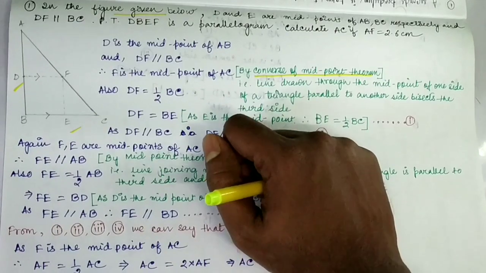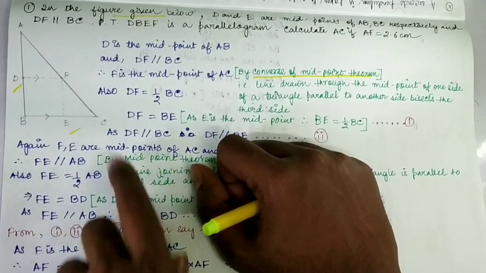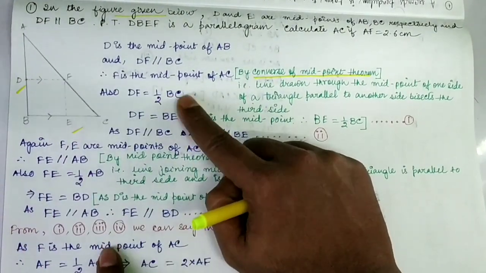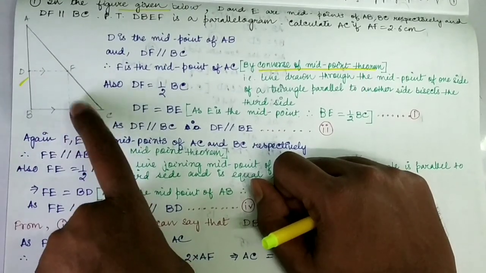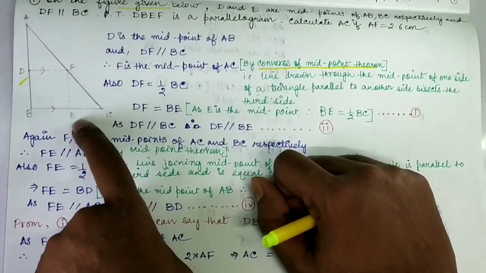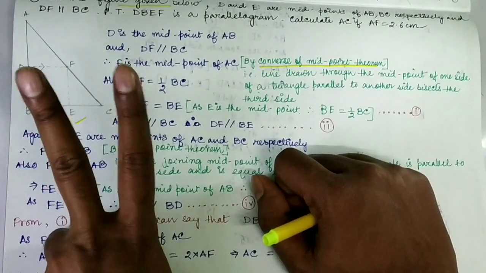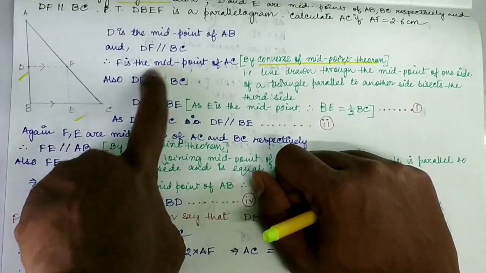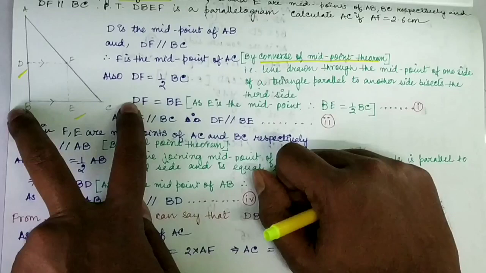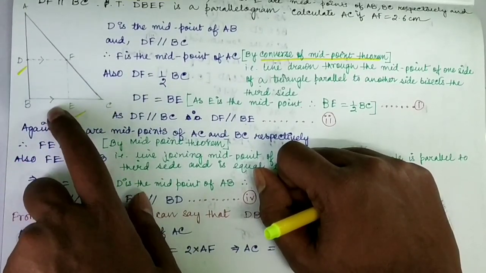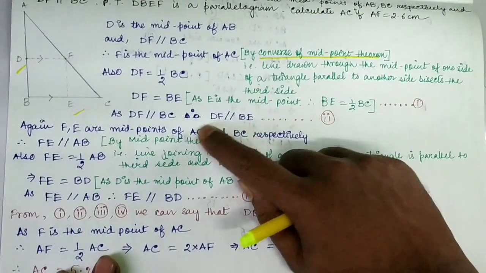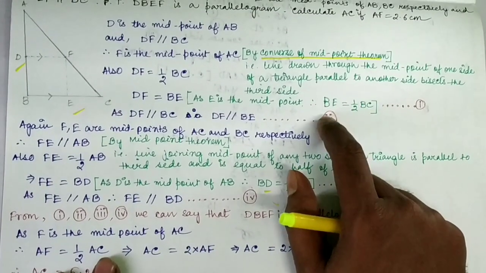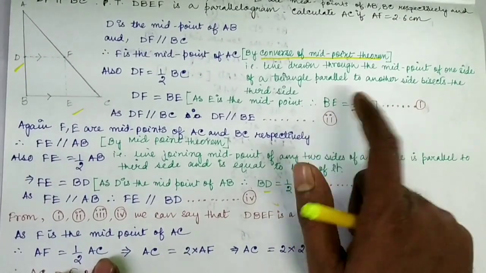Okay. Now next is from midpoint theorem. We also know that this DF will be parallel to BC, and also DF will be half of BC. See, I have written it over here. Now since this point E is the midpoint of BC, this point E will bisect this BC into two equal parts. They will be BE and EC. So since DF was equal to half of BC, we can write in place of half of BC, BE, because BE is also half of BC. Now I have marked this as point 1, this as point 2. Why I am marking these points, you will understand once we finish the sum.